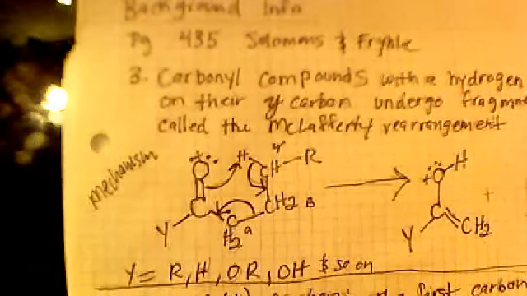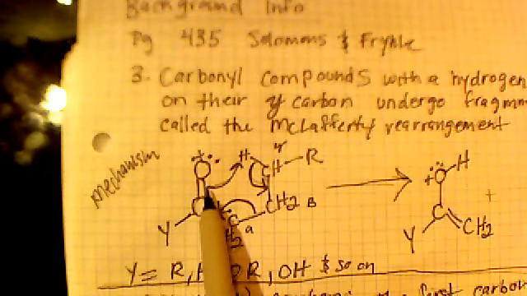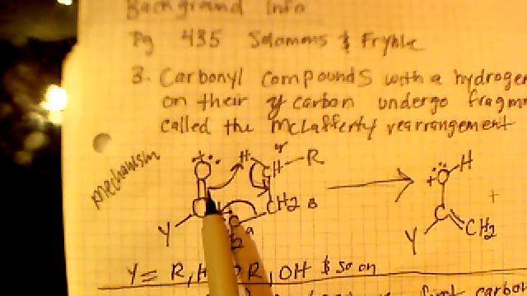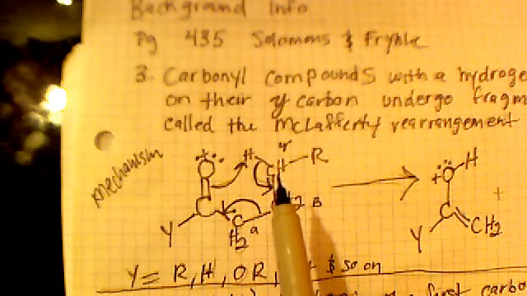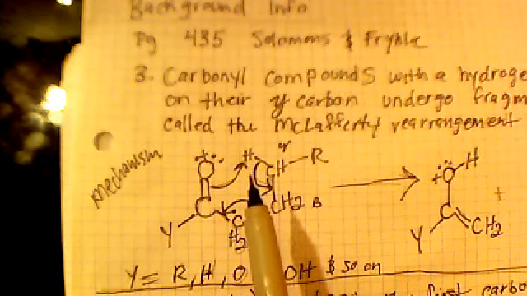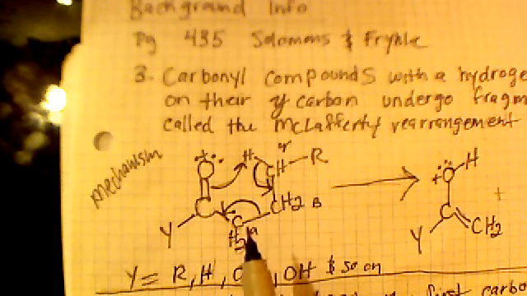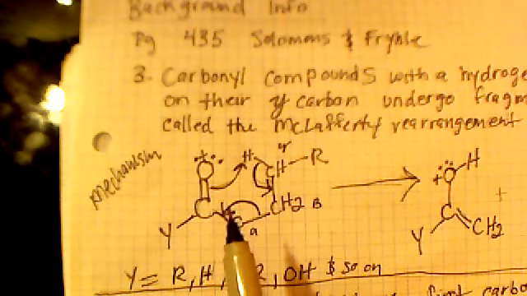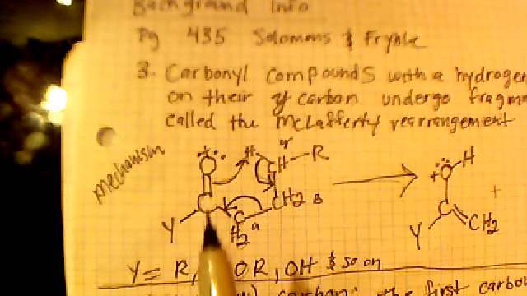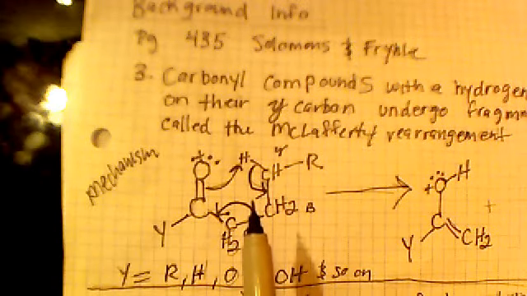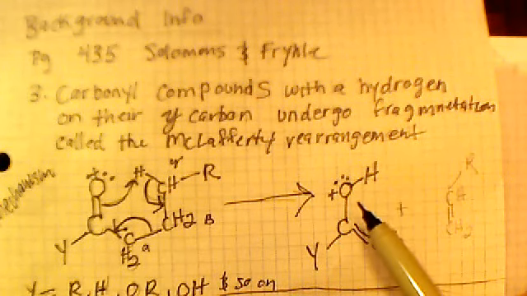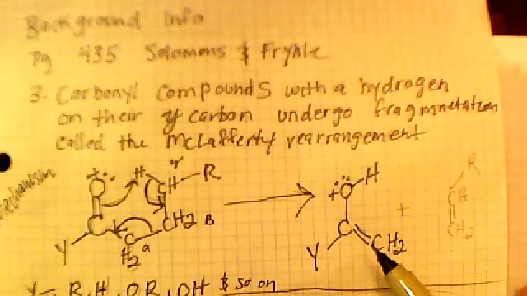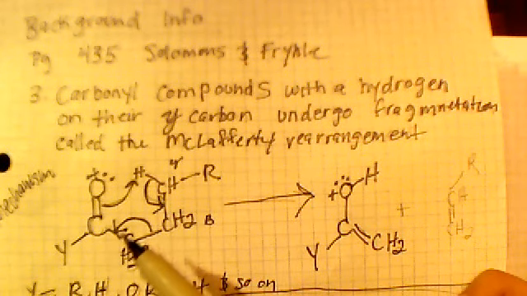Alright, just in case my hand was in the way, I'm just gonna go over it one more time. So the double bond here gives both of its electrons to the hydrogen attached to the gamma carbon, and then both of the electrons from that bond go between the gamma carbon and the beta carbon. The bond between the beta carbon and the alpha carbon splits because it gives both of its electrons to the bond between the alpha carbon and the carbon attached to the functional group. And then it splits right here, and then this H comes over to the oxygen, so we get the H from the gamma carbon attached to the oxygen. This becomes a single bond, and this becomes a double bond right here,